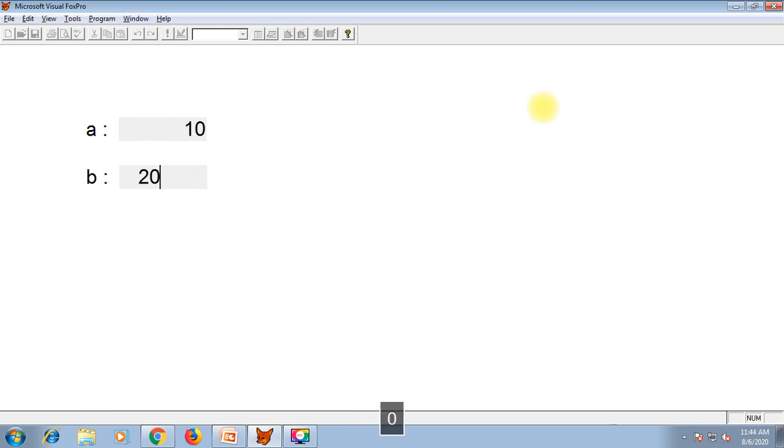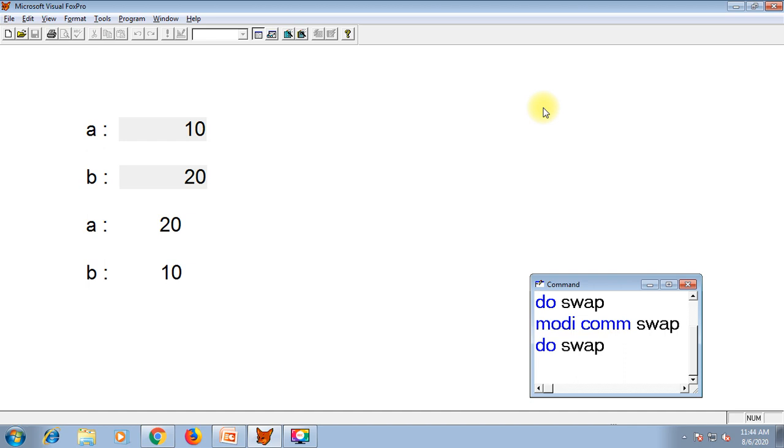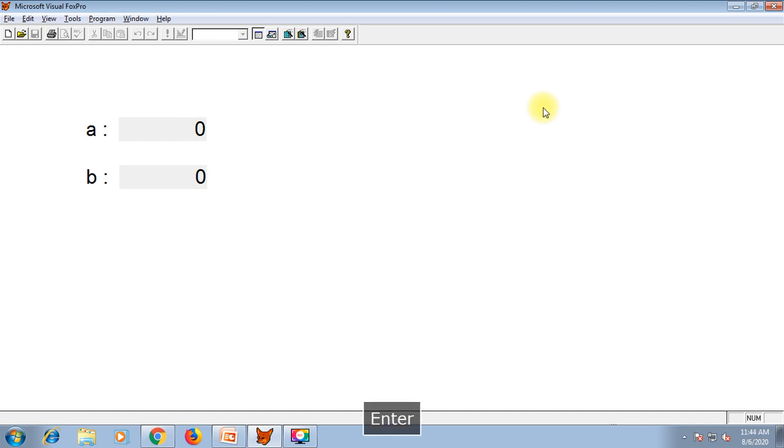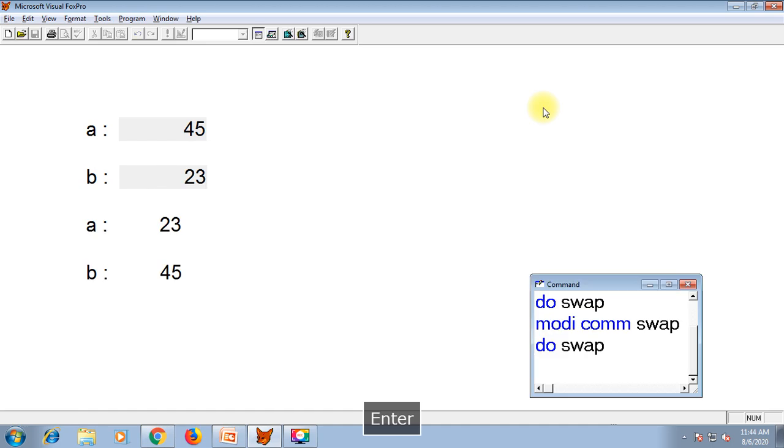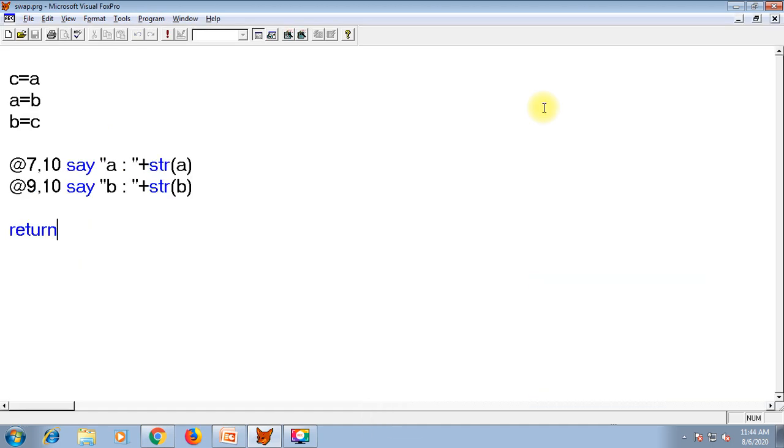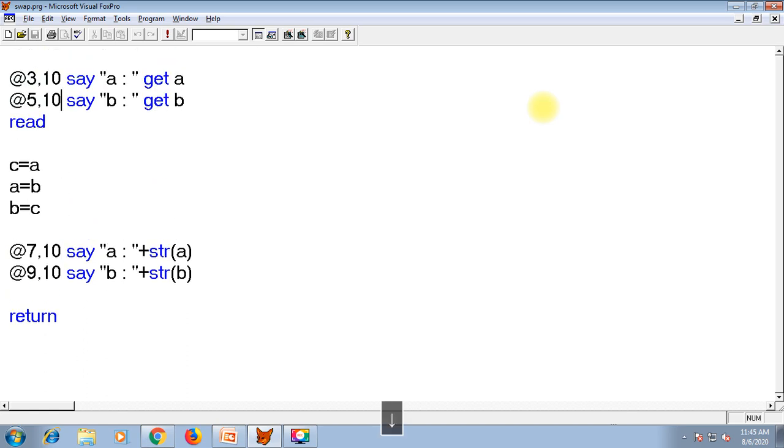10, 20. A is having 20, B is having 10. You can enter any number, any random number, whatever number you wish. The output of the program is perfect, but let us make it more meaningful.